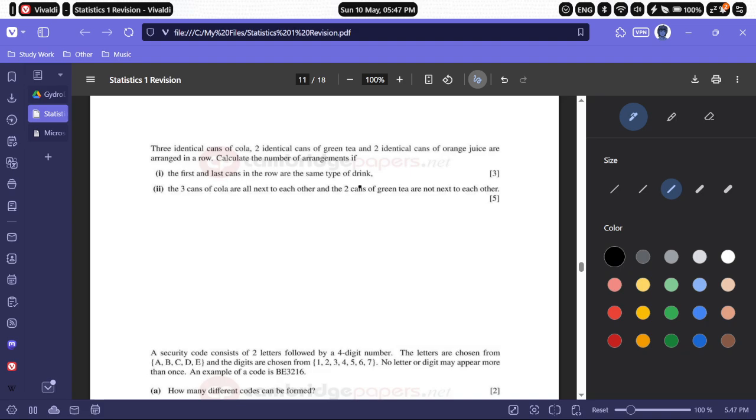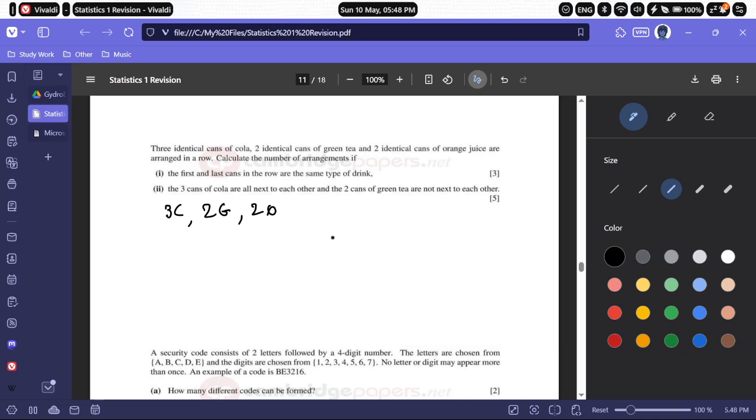Anyway, moving on. In the next question, you're told that three identical cans of cola, two identical cans of green tea, and two identical cans of orange juice are arranged in a row. So you have 3C, you have 2G, and then 2O's. And you have to calculate the number of arrangements if the first and last cans in the row are the same type of drink. Okay,